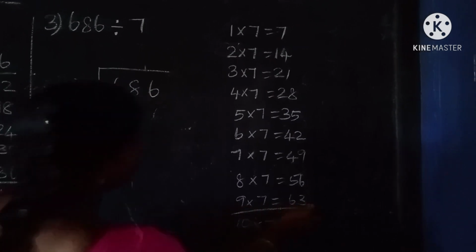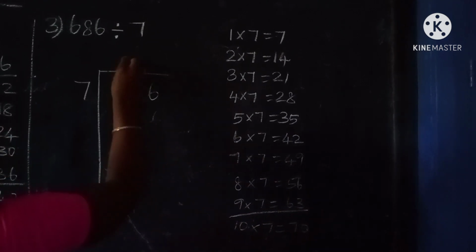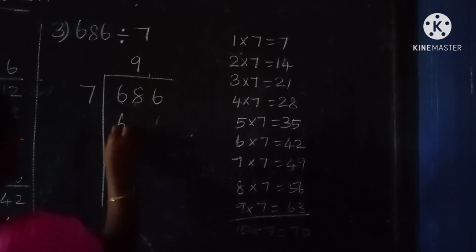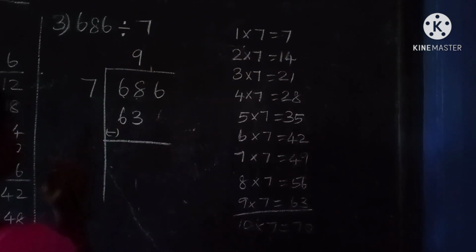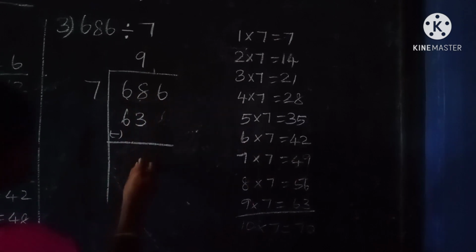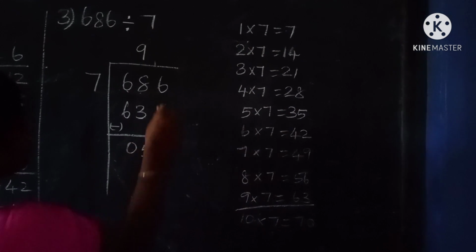So before that number we take 63. How many 7s are 63? 9 7s are 63. Next here put the subtraction symbol. 8 minus 3, 5. Here 6 minus 6, 0. So next we write